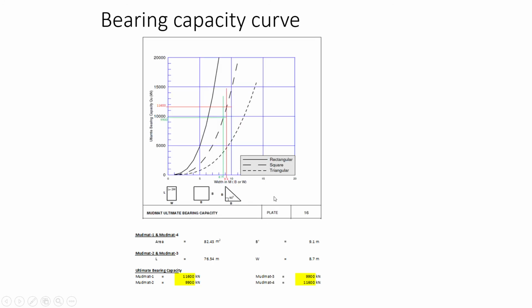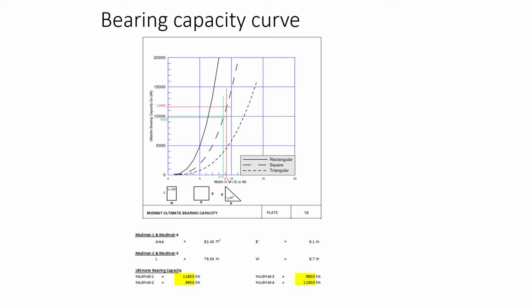Now the bearing capacity: how to calculate the allowable bearing. Bearing is nothing but load by area, which is the stress. For any simple foundation, like a rectangular footing, load divided by area will give the bearing stress. Suppose my bearing stress is 75 kilonewton per meter square, but my SBC is 150 kilonewton per meter square. The allowable is 150 but the actual is 75, hence it is okay, and whatever area we provided is okay.